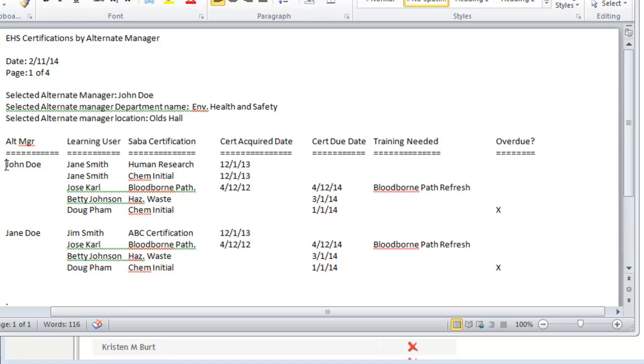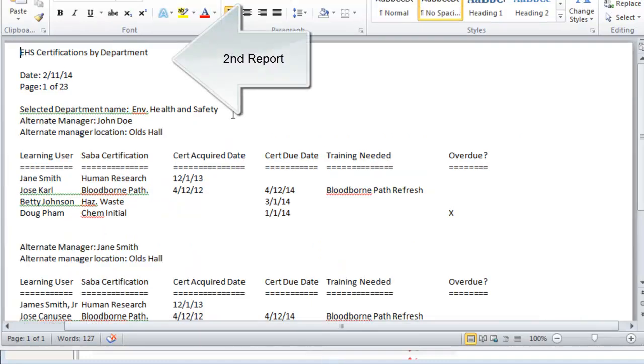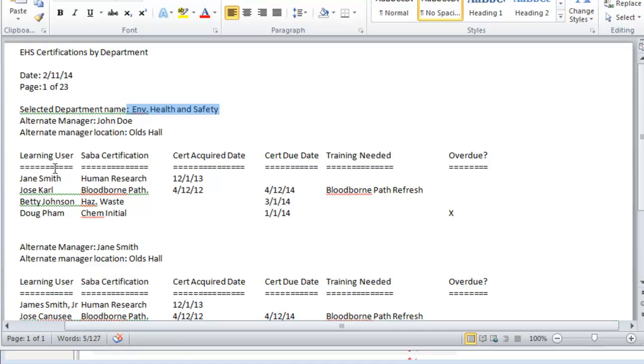So you see here on the sample report, it finds John Doe, and for John Doe we have Jane Smith, Jose Carl, Betty Johnson, Doug Pham. For Jane Doe, we have these users and these certifications, and it's just going to cycle through each one of them. Now the second report is going to work by department, and it's just going to run, there won't be a selection for every department in the system, and here's a department name. It's going to go through and find every